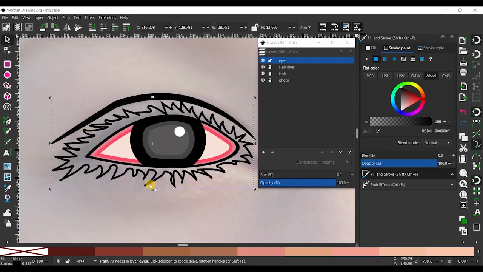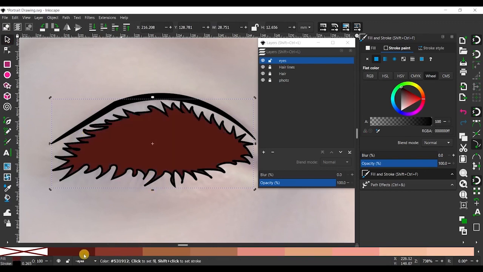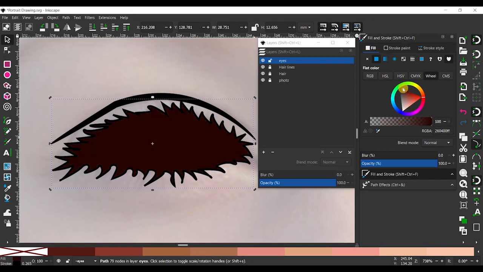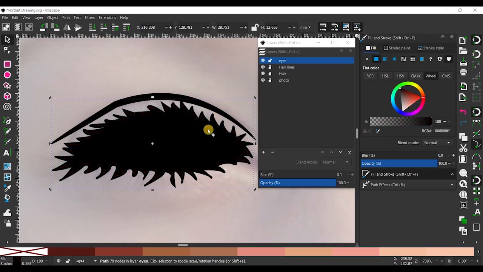You can also change the location, and give the fill color. I want the eyebrows to be totally black, so I'm giving the total black color. Because the eyebrows are on the back side, I want the eye to be visible, so I'm going to the top.